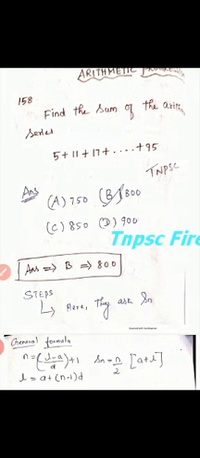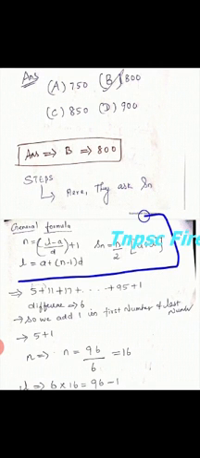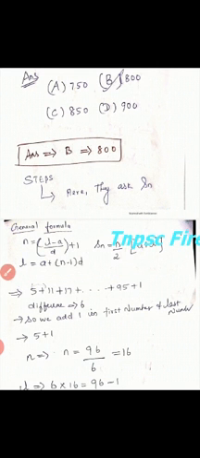Mostly in number system they give a general formula. Here also I denote the general formula for this arithmetic progression and geometric progression, both of them. This is the general formula. But we do not use this general formula because it will take time. Sometimes in the examination fear we will get very tense, and at that time we will forget the formulas.